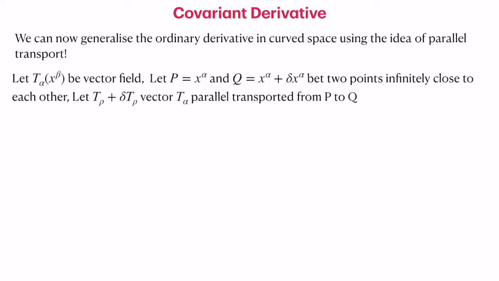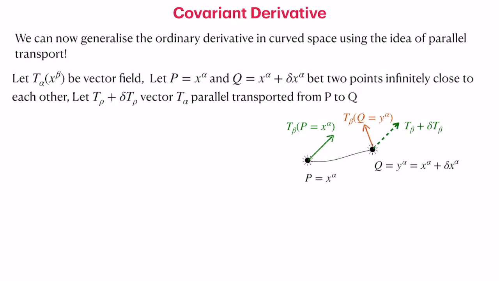We have seen that when we do a parallel transport, a small change comes into the vector. That small change in vector T is called delta T with the index rho. Now T alpha is parallelly transported from point P to Q. So let's see it pictorially. We have a point P and a point Q, and then we have the vector field at P and the vector field at Q. We take a curve and parallelly transport. That transported vector will acquire an additional component delta T beta,